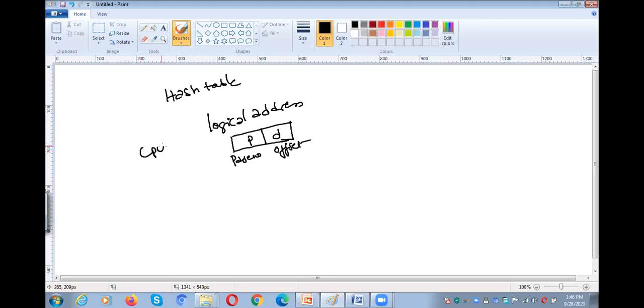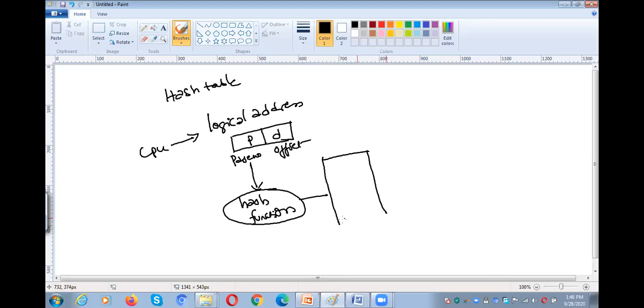Whenever the CPU generates a logical address, it will be divided into two partitions: the page number and the offset. This page number will be given to the hash function so that it will generate a hash value. It points to one entry in the hash table.